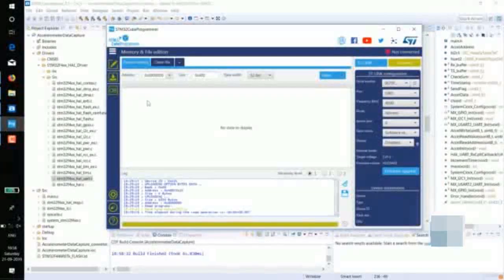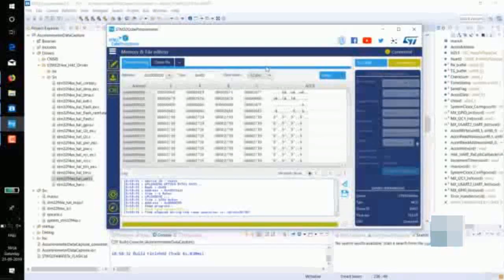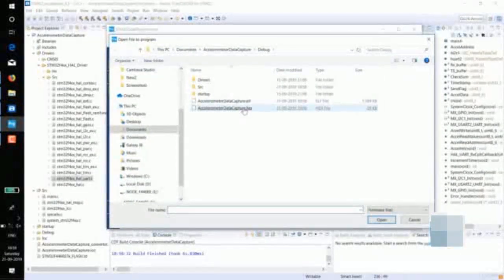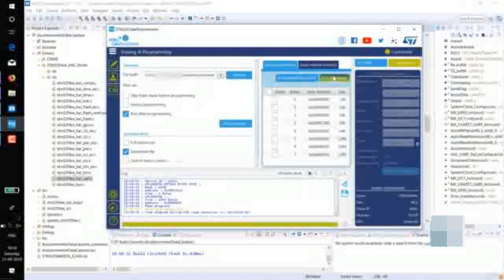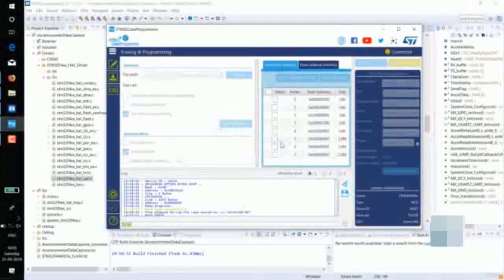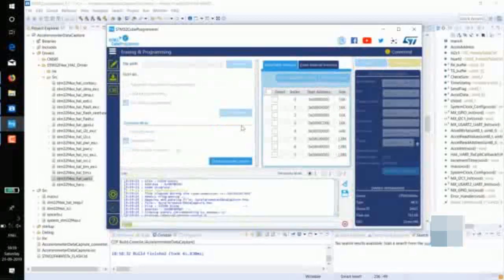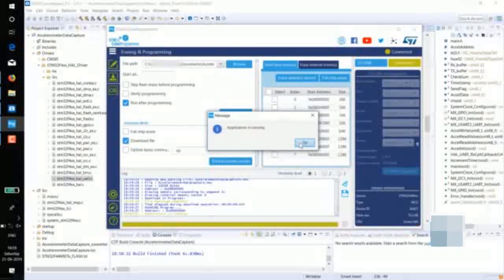We will program our board. We have already connected the Nucleo board to our PC. As you can see, this is listed over here, STM32F446. Now browse for the binary file. Erase the chip first to make sure the flash is empty. Then start the program. Once it is completed,